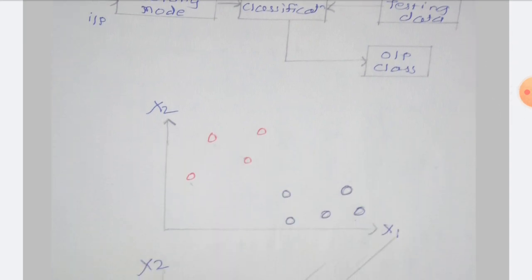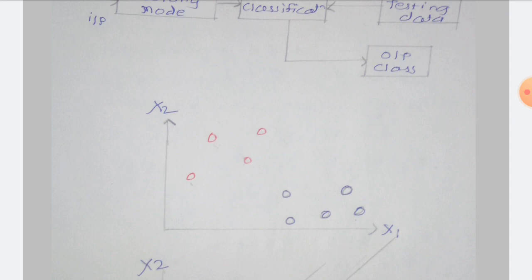In the given diagram, a data set is defined. Two components are given for features, x1 and x2. One data type is defined in the form of red color, whereas another data type is defined in the form of blue color. We need to separate these classes clearly. So draw a line in between the two different data.